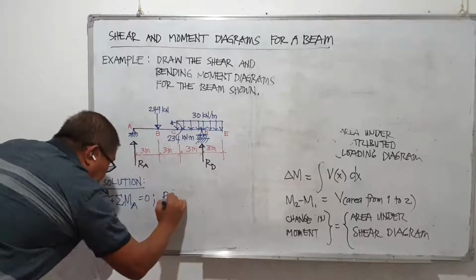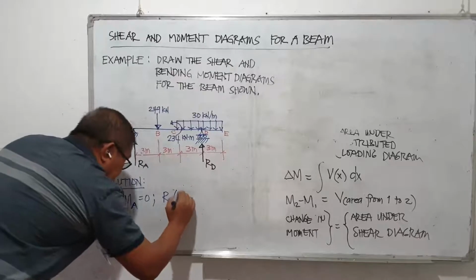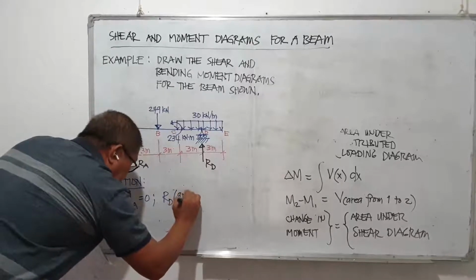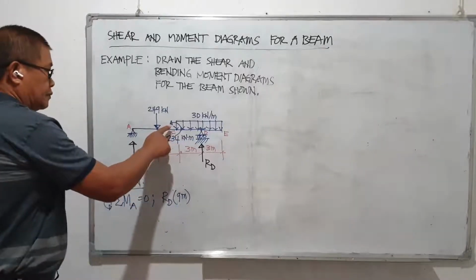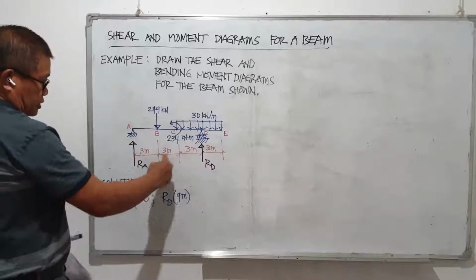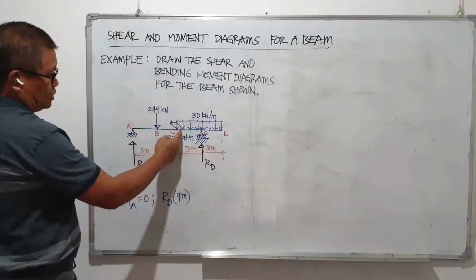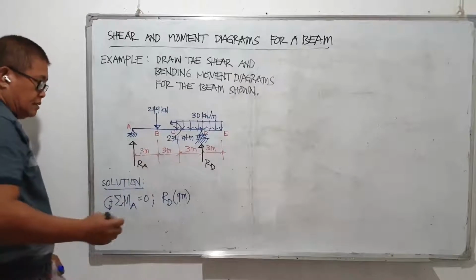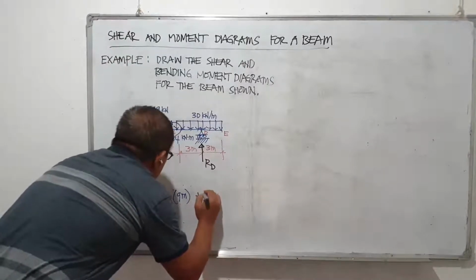This will be R sub D times the moment arm, 3 times 3 is 9 meters. Then plus the applied moment, because R sub D will have a counterclockwise moment. Also, it is given an applied moment at point C. So this is plus